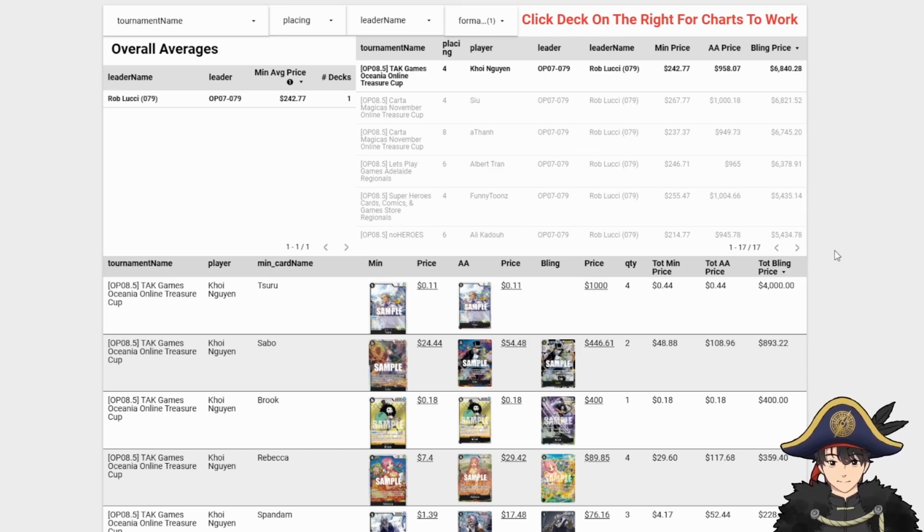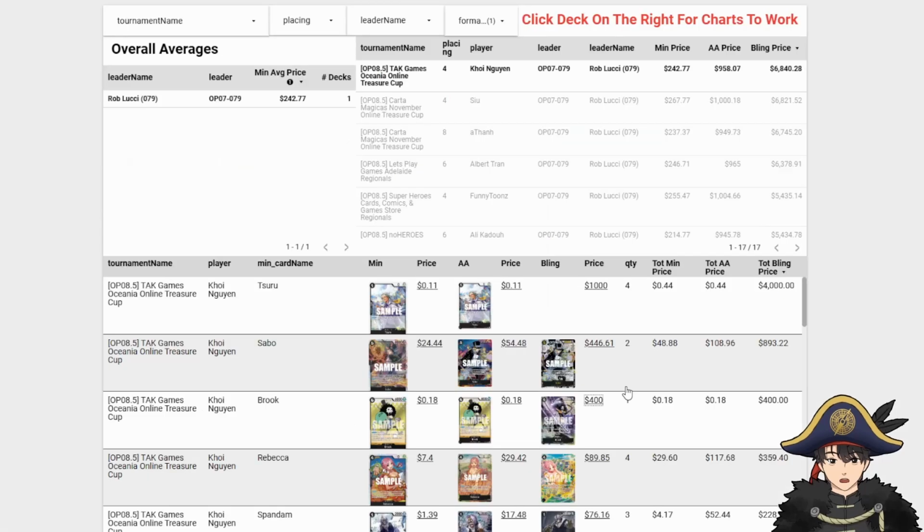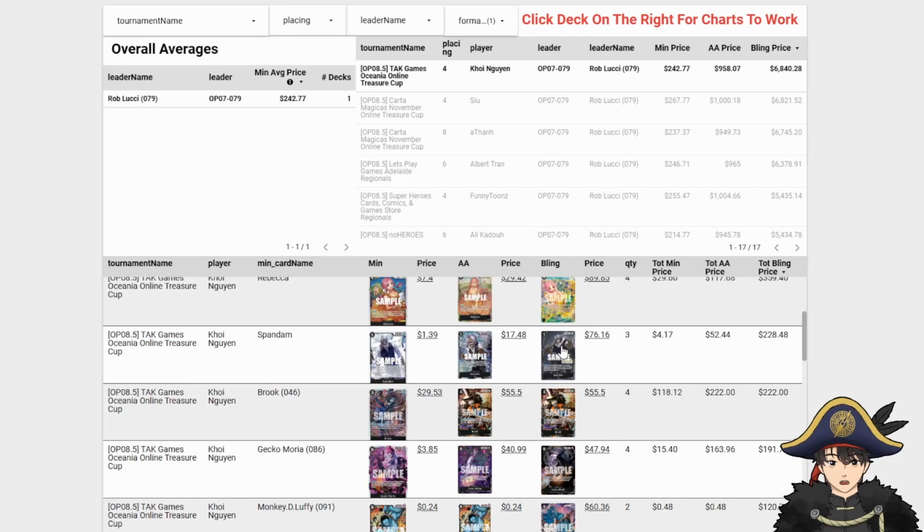But yeah, the next most expensive card is Manga Sabo. If you have 4 of these, that's $893. Followed by this Brook. Which version is this? That is $400. Championship 2024 finalist card set. Yeah, so it's a finalist prize card. $400 a piece by market price. I think the lowest listed we saw was like $500, but however TCG player calculates the market price, it sets it at $400. Followed by the SP Rebecca that we saw earlier, and then there's a prize card brand new here